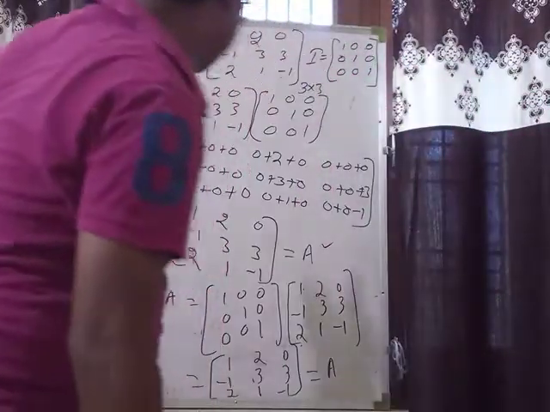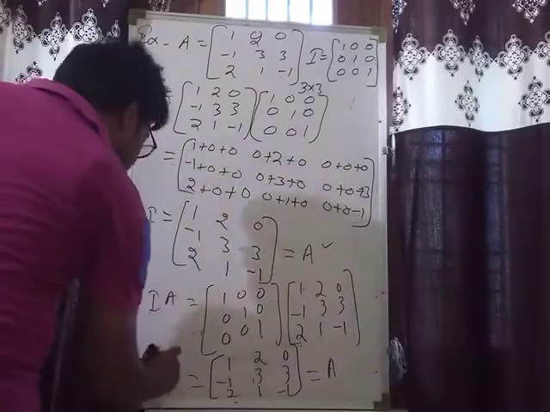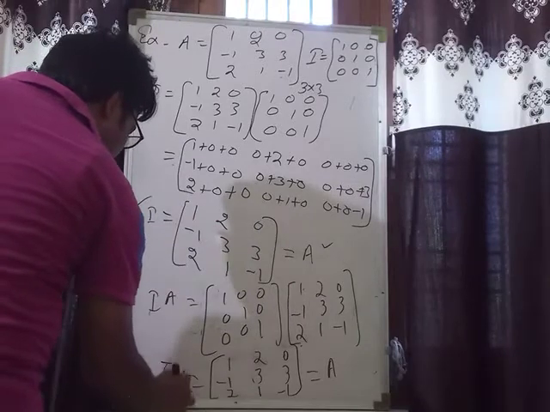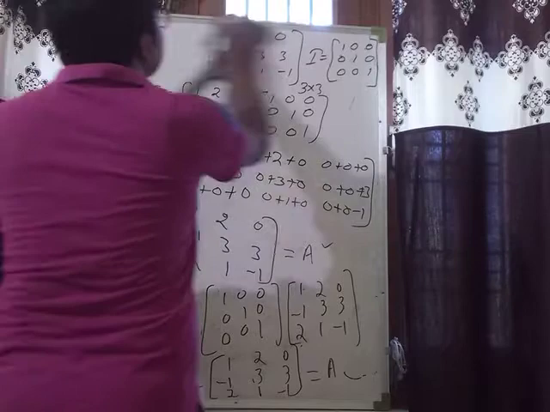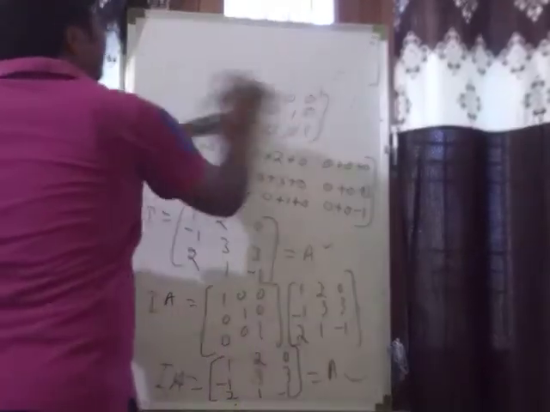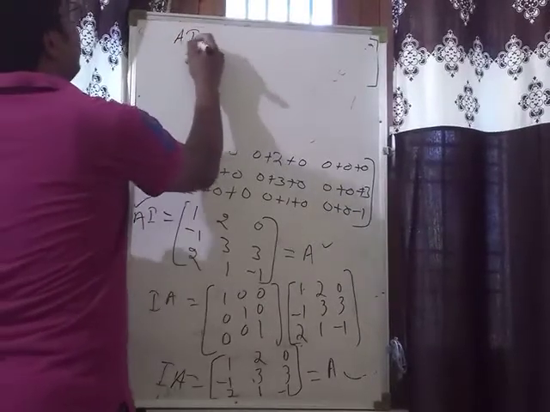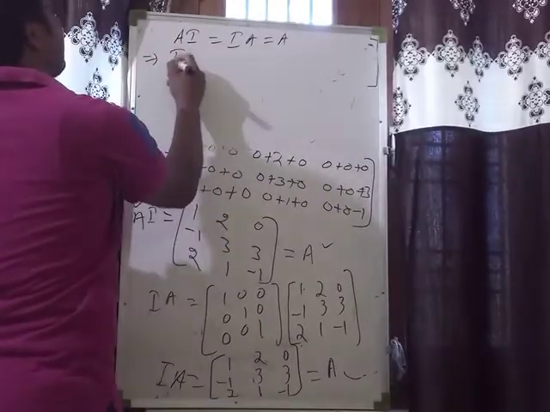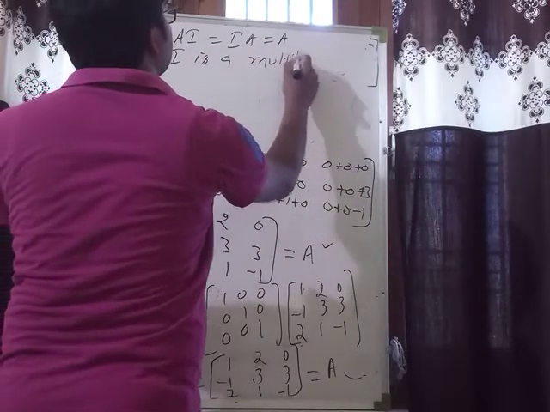That is a square matrix of order A, and from here you can see AI is equal to A, and here you can see IA is also equal to A. Means we have AI equal to IA equal to A. Clearly, I is a multiplicative identity